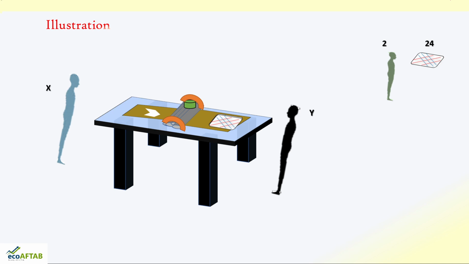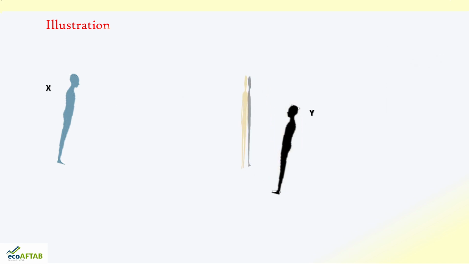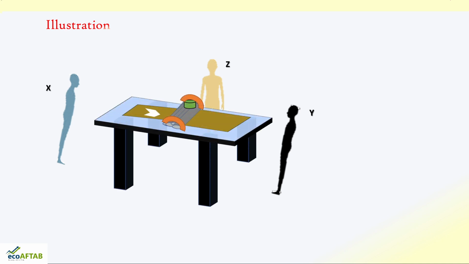If I bring one more labor into the picture, what may happen? Now you can see, if there is Mr. Z also in the picture, there will be optimum utilization of the printing machine. So what is happening? Mr. X, as usual, is doing his job of passing on the papers to the machine for printing. Mr. Z is filling the ink, and Mr. Y will be taking the papers from the other end. So all three will be efficiently using the energy.